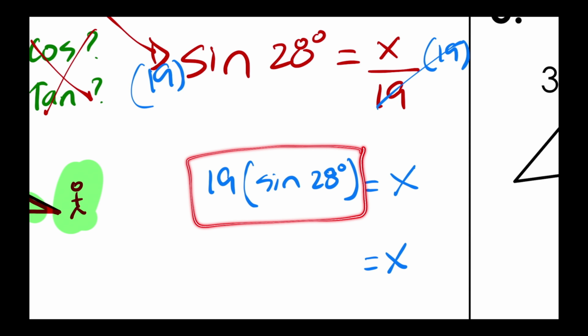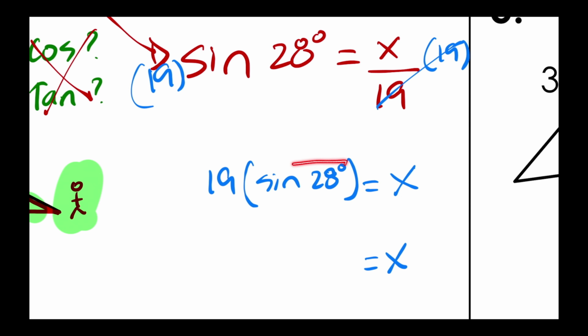And I want all of you to try it because all calculators are different. There are different calculators that do it different ways. So I'd like you to punch this in first. Always do the sine first. Put this into your calculator first and get a number. And then hit multiply or times 19. And tell me what you get. I would like all of you to try this. That way you know how to do your